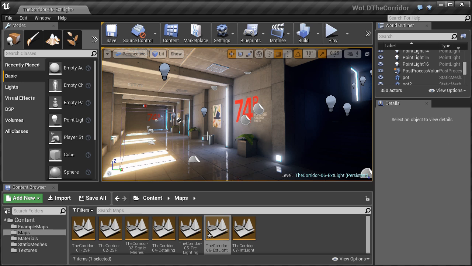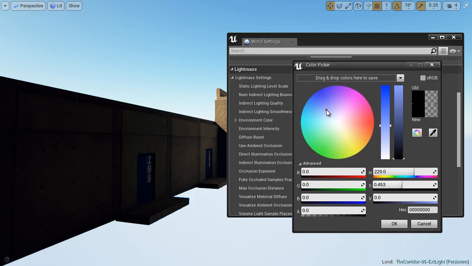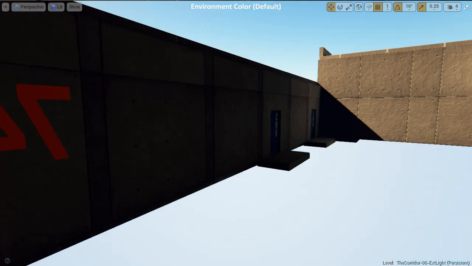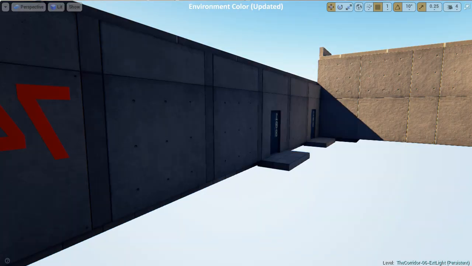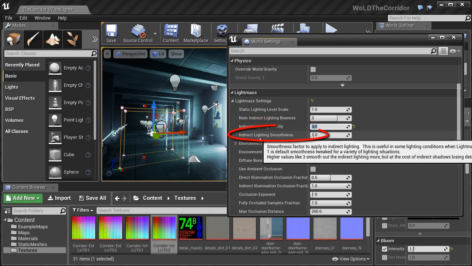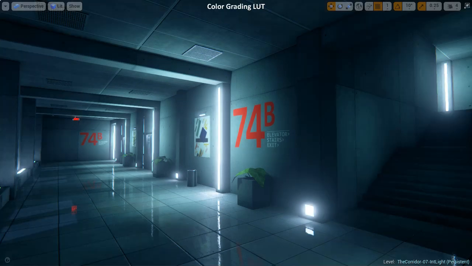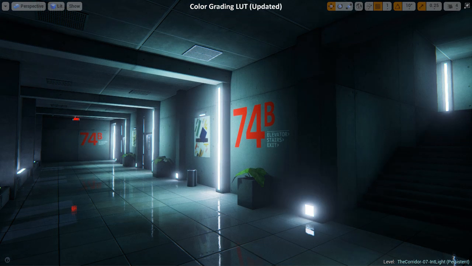In this hour, I am now building everything on production quality. This takes the longest to render, but it gives me the best visual quality for this environment. So I am pretty much finishing this up and tweaking how this environment is rendered. I go through all of the world settings for the exterior lighting scenario, and I repeat this process for the interior lighting scenario. And when everything's done, I have two environments that have been rendered at production quality. And all of the world settings for Lightmass have been tweaked, which produces the best quality render for both